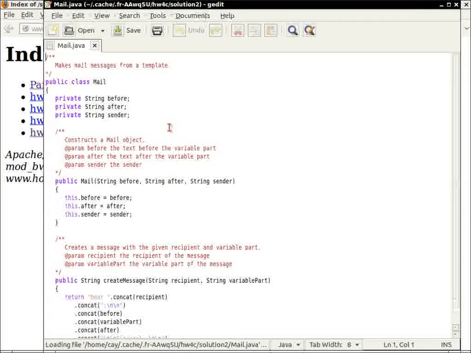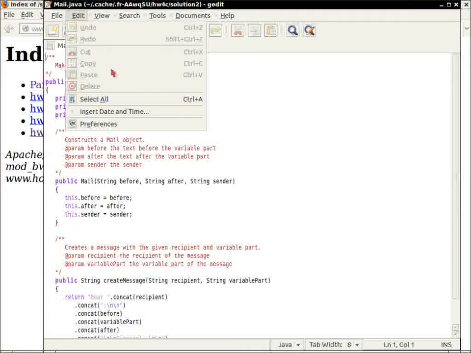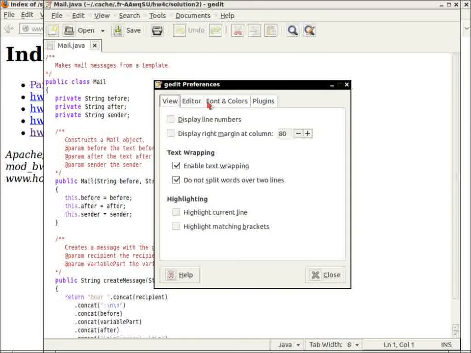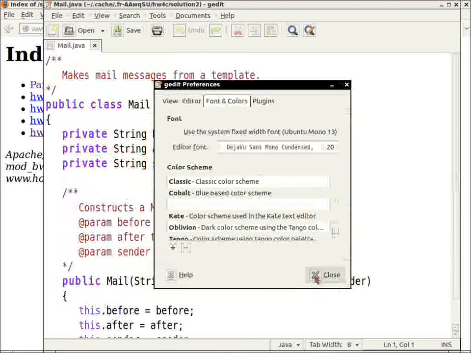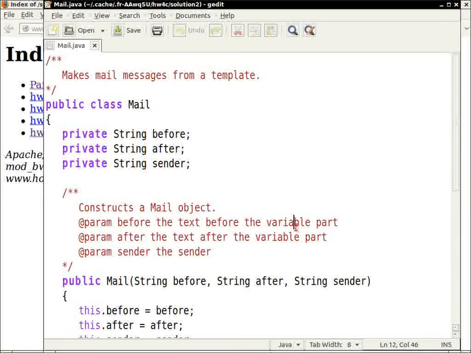And you'll also see the rubrics in here that were used to grade your work. So right now we have instance variables for the before and after text and the sender.